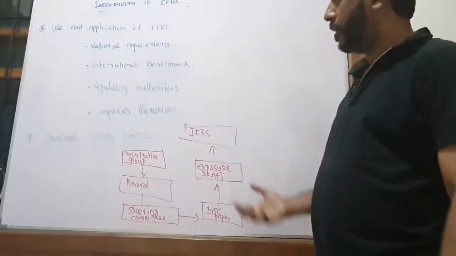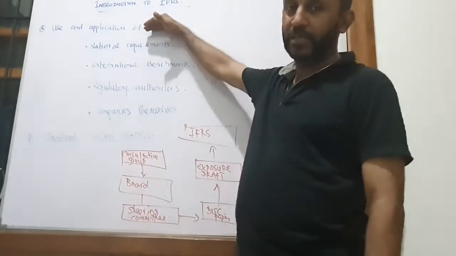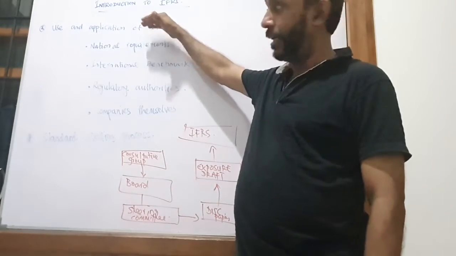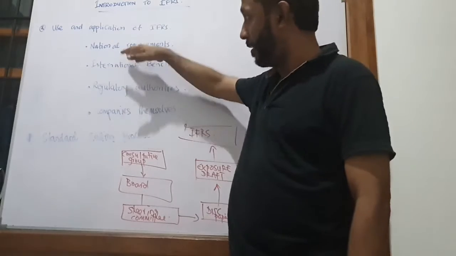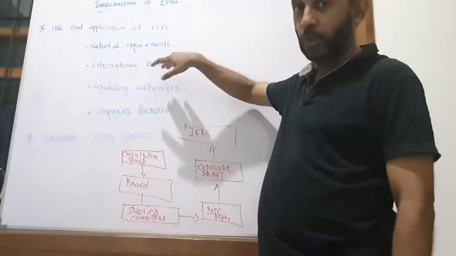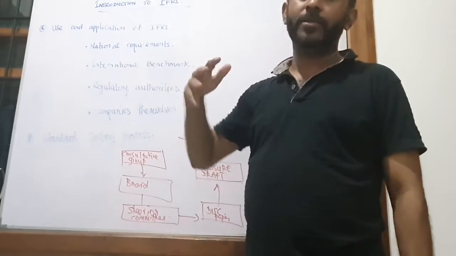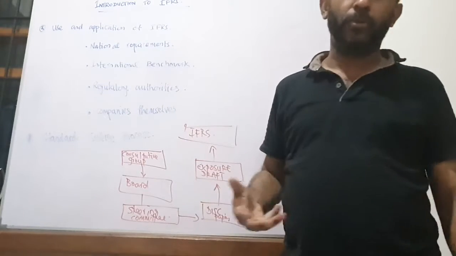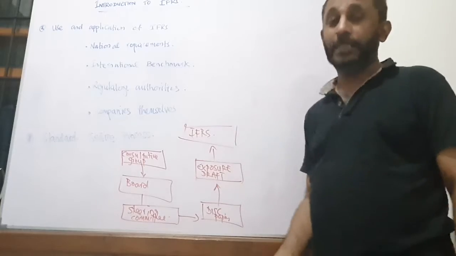That benchmark can be the International Financial Reporting Standards. Secondly, as I said, that is one of the international benchmarks. This can be used for developing similar accounting standards and accounting practice